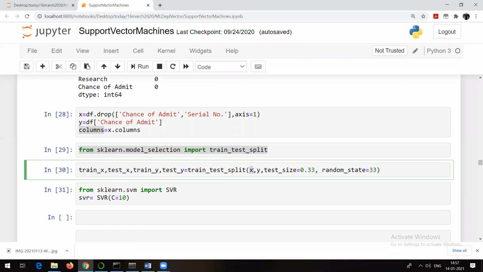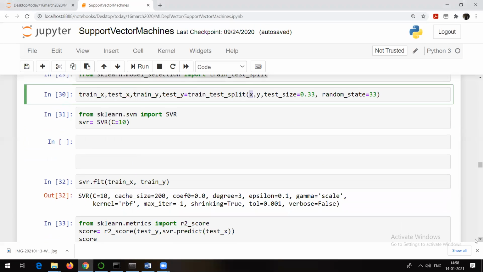See, this x is the input variable, y is the output variable. Test size is 33% and random state is equal to 30. That means whatever data is going to be divided into training and testing, that should be random. Now I hope there is no need to show you how everything actually works. Data will be divided into input and output, and then that will be divided into training and testing and so on.